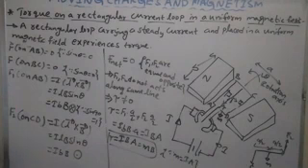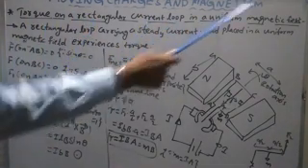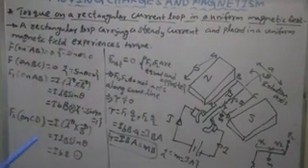Now, last class what we understood was the force between two parallel currents, correct? What is the force between two parallel currents? Mu naught Ia Ib L by 2 pi d, correct? So now in this class, this part, we are going to understand torque on a rectangular current loop in a uniform magnetic field.